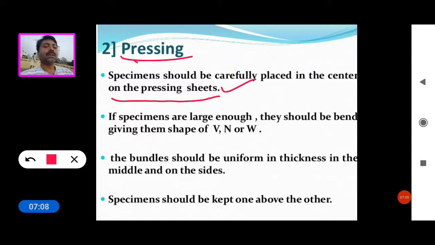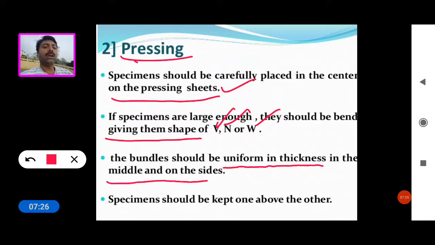If specimens are large, they should be bent, giving the shape of V, N, or W. The bundle should be uniform in thickness in the middle and on the sides. The specimens should be kept one above the other.